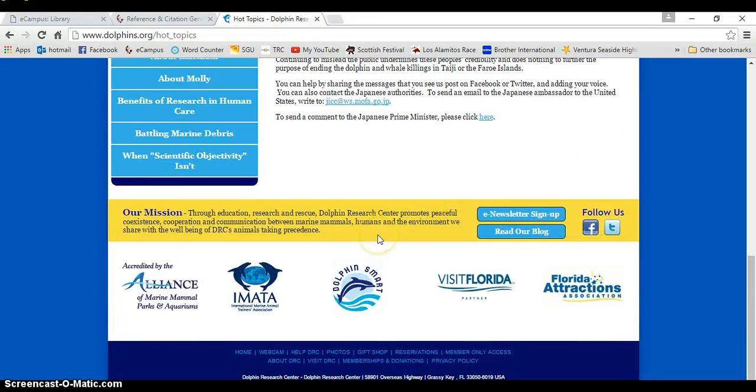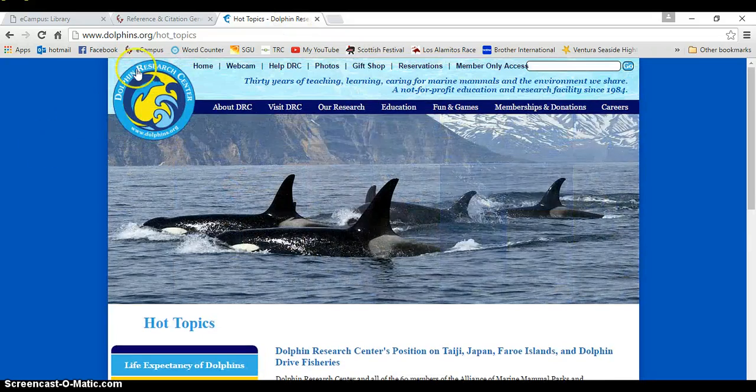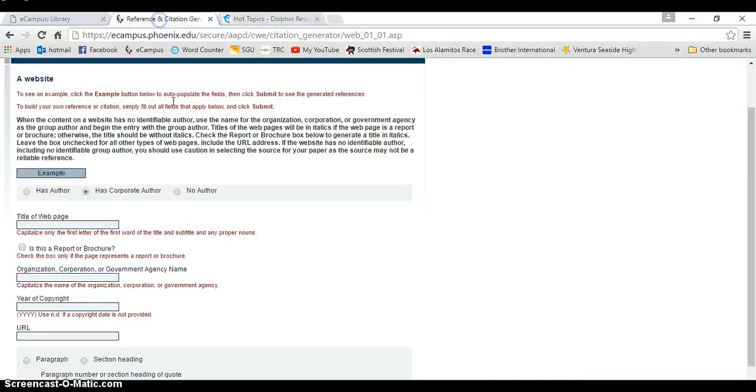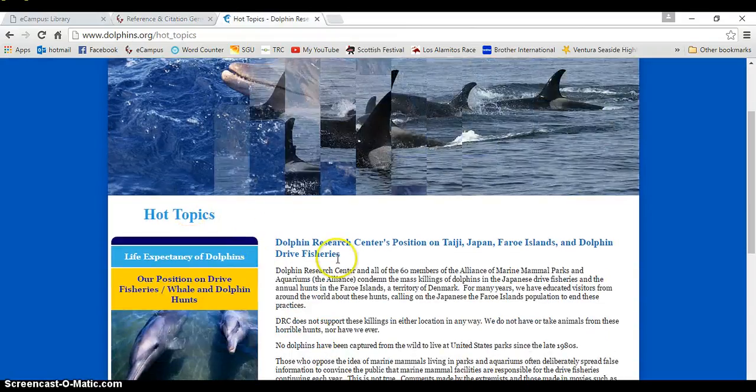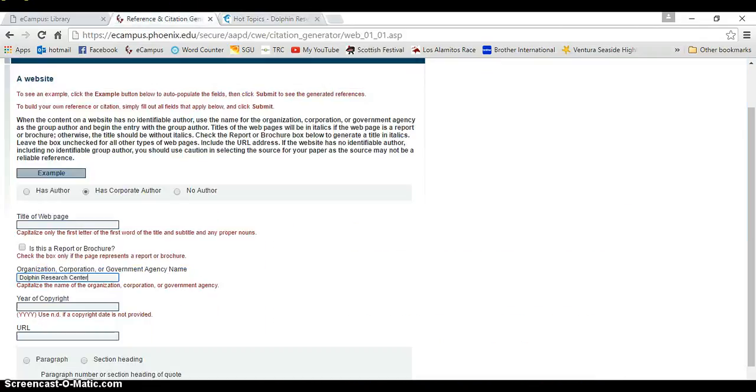So let's go to the bottom. Here we go. Dolphin Research Center is our author. So we're going back over to our reference citation, and we'll put that in. Because it's a proper name, we have to capitalize each word: Dolphin Research Center, right? The title of the web page, I would say Hot Topics, and then I do this. So remember, only the first letter is capitalized. Hot Topics, and then it's going to be, gosh,